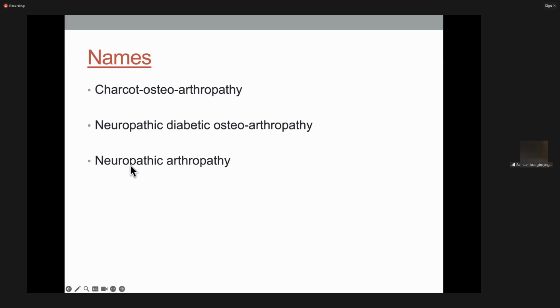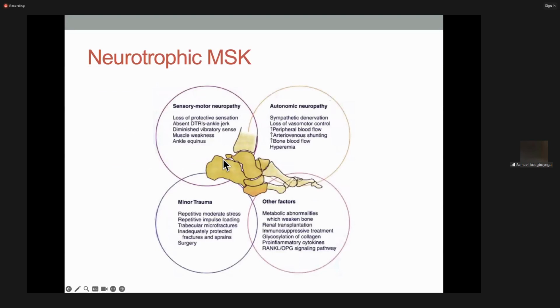Inflammatory neuropathic osteopathy. I say inflammatory because the first thing that happens is inflammation. You need neuropathy for you to have Charcot, right? And Charcot affects both your bone and your joints. So I think the best one should be inflammatory neuropathic osteopathy. Anyway,